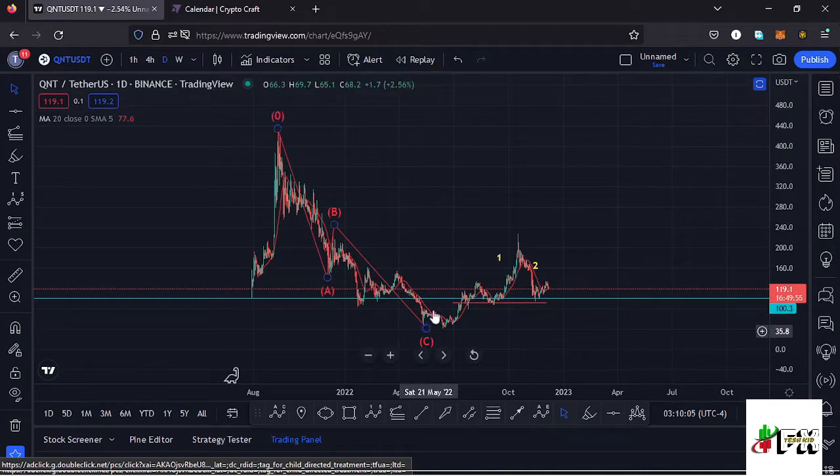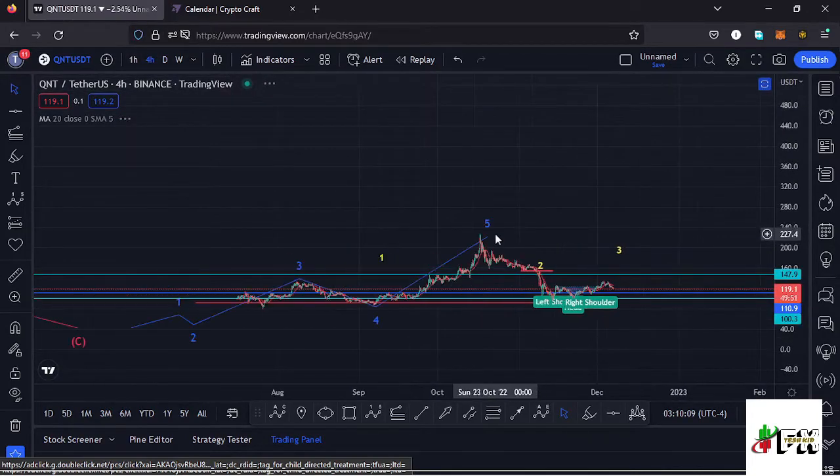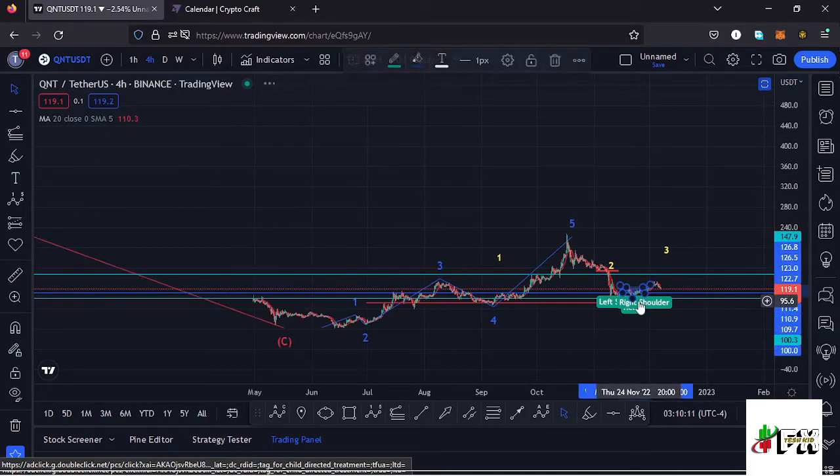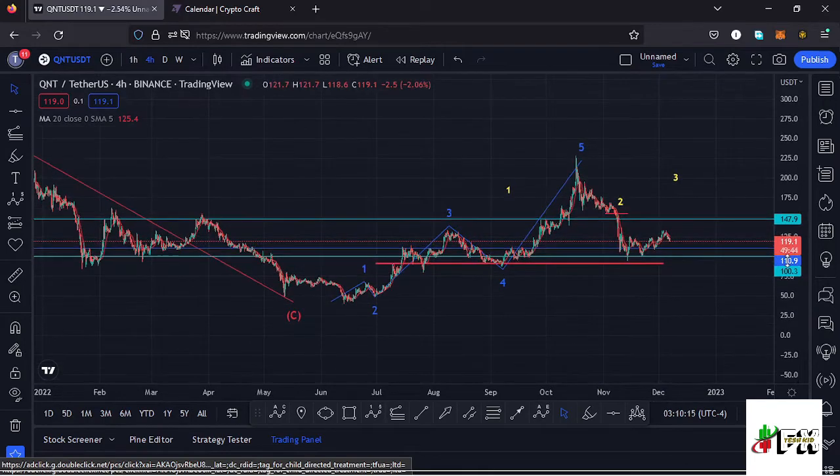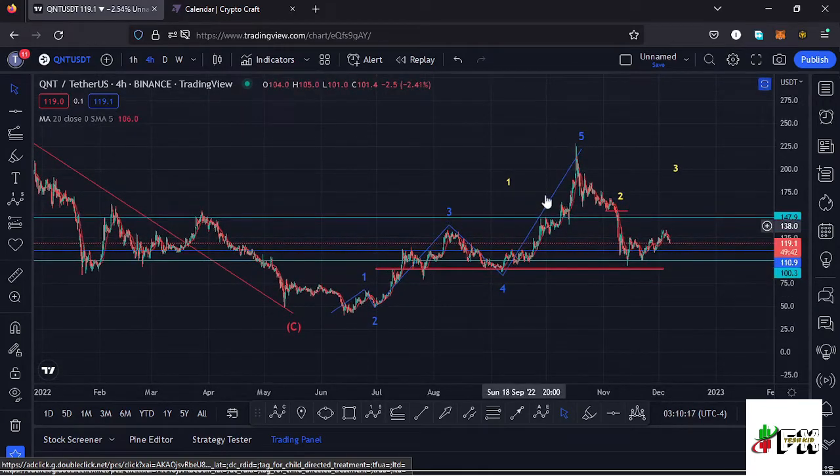After seeing that low, we have been seeing a very nice bounce to the upside in a movement that has been obeying the Elliott structures, and that is better seen here on the 4-hour chart. Here you can see I have this Elliott structure in blue, which represents a fractal wave to the upside within the formation of that higher Elliott wave count 1, where the wave 5 made our high at around the $229 mark,